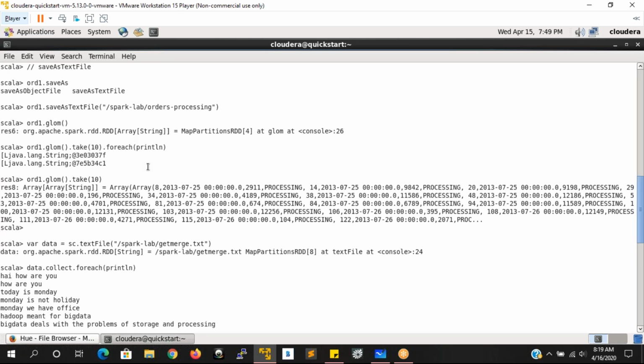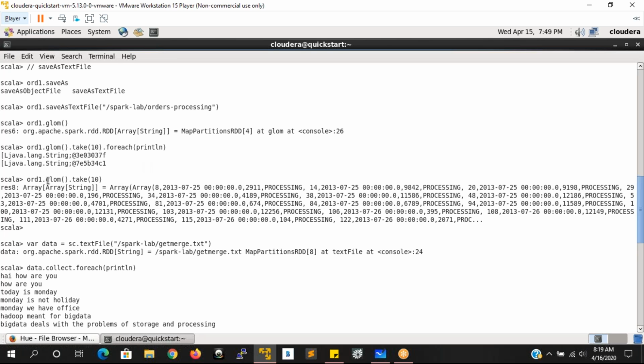I want to increase the number of partitions so that the volume of data processed in each partition is reduced, your core processors can execute on that volume of data, and we get our results in a fast manner.